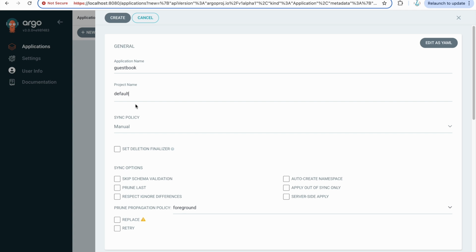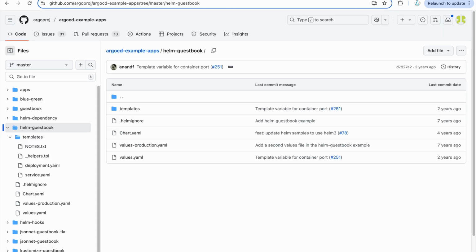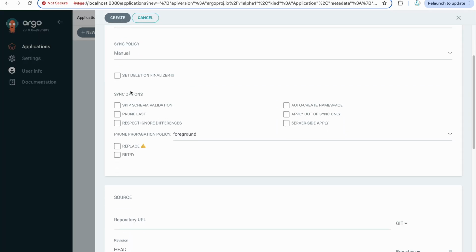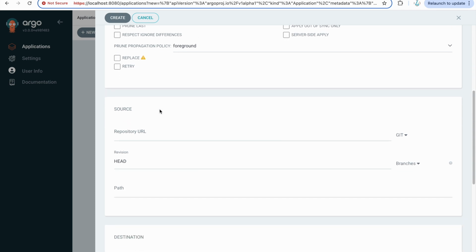You can create multiple projects in your Argo CD if you have multiple teams or you want to separate out the applications and all those things. But the default project is created by default and you can just use it. So we are just using that. Then the sync policy. It means manual or automatic, like whether you want to automatically sync your application as soon as there is an update in Git, or do it manually. For now we'll do it manually because we cannot do anything on this particular repo anyway, since we don't have access. There are a lot of options there. I'm not going into details of what each option is, but that is how it is.